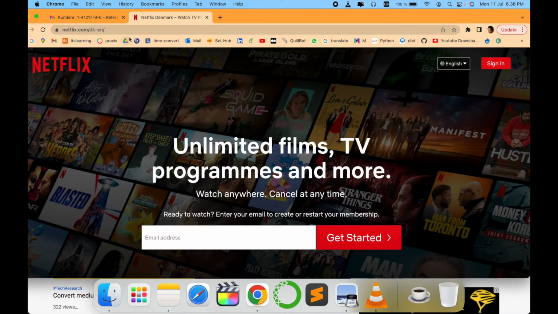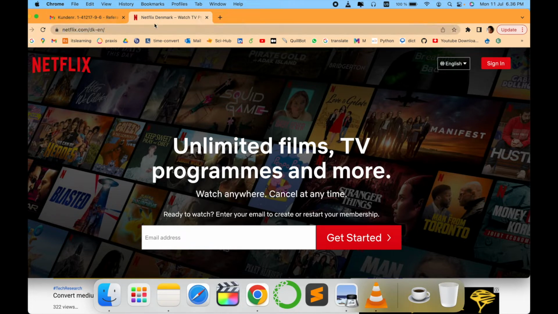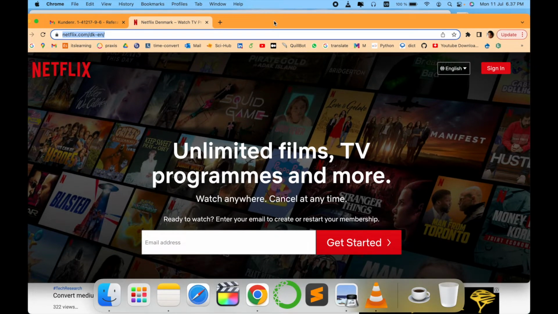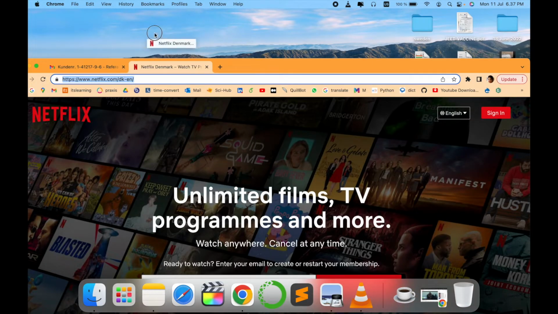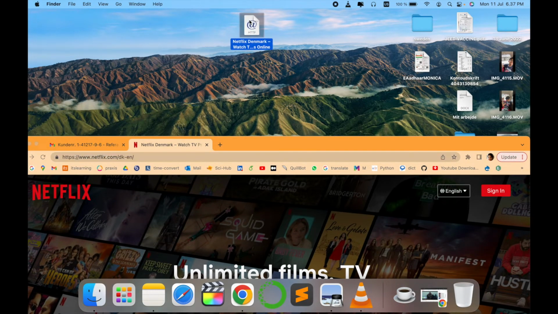So for that, write on your internet browser Netflix and just open the website. If you have sign in or login, you can just create sign in and login accordingly. I don't have a sign in, so I'm just showing you how you can install it, right? You just have to copy this link and paste it here on your desktop. So as you can see, you have to just drag and paste the link, and then we can change its